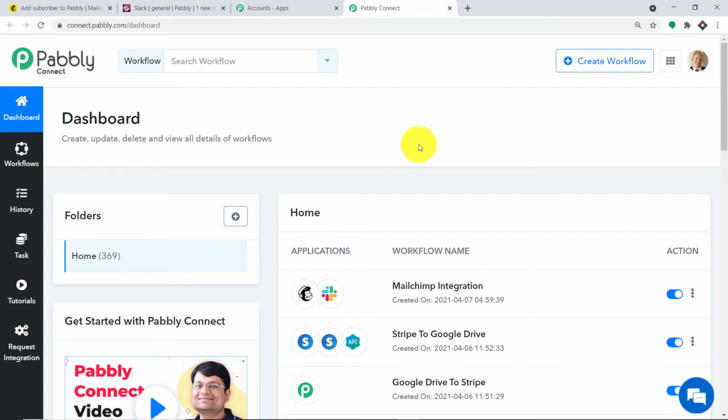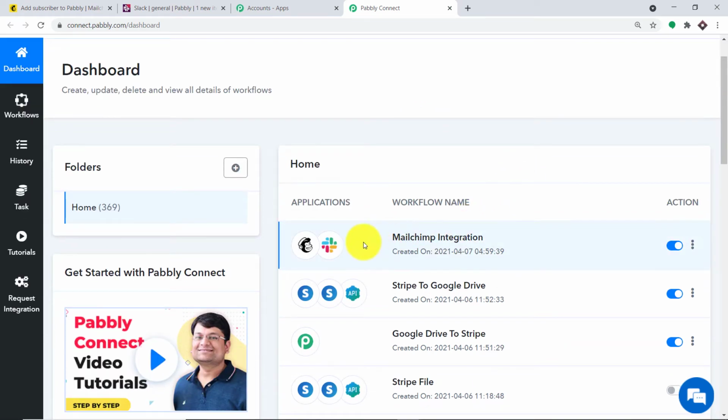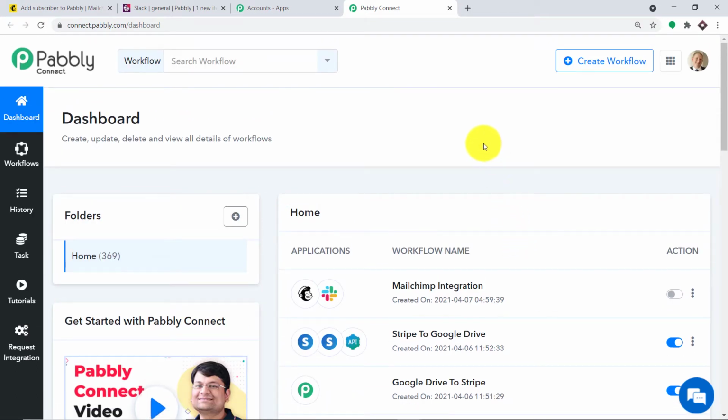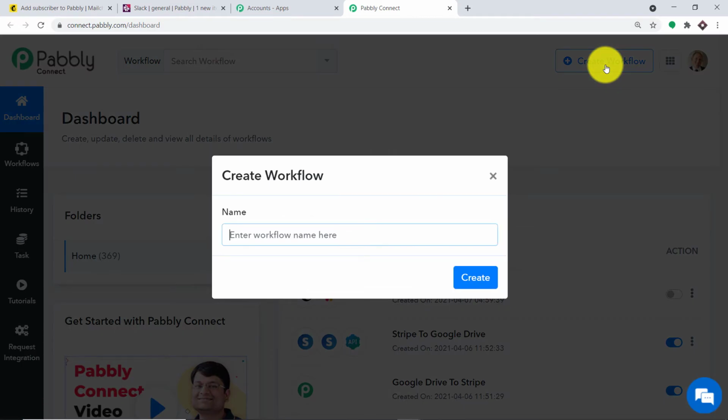Okay, so there is something else I want to show you. As you can see, I already have made an integration, that is the MailChimp integration. So this is the workflow and that is why we have got the result, because we added a subscriber here and we have got the result here. Now I'm going to toggle this to the left so that I can switch this workflow off. This is because if I'm going to build another workflow, it will give two results in Slack. Okay, so we don't want to confuse it. So what I'm going to do here is at the top right corner, you will find a button, create workflow, click this. So basically we are going to create a new workflow. Now I will add the link of this workflow in the description box so you can clone it.